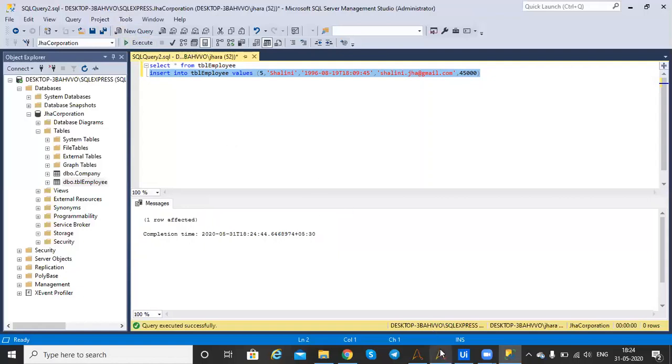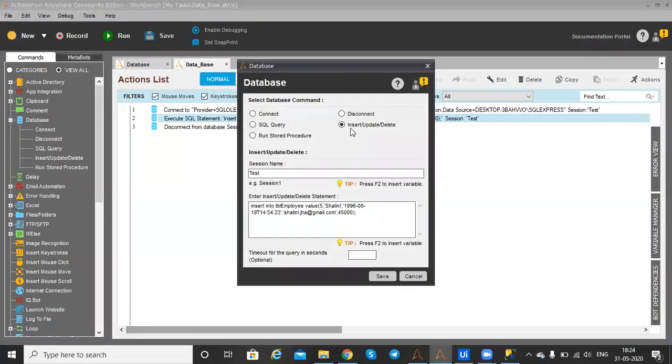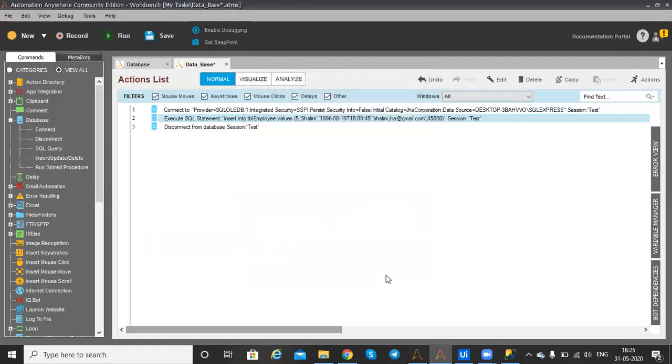Right now we take insert, update, delete. Here there's no need to take a SQL query; I will select all and paste, save it, and run this.